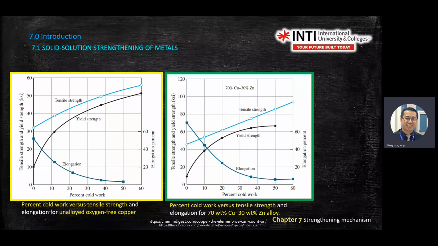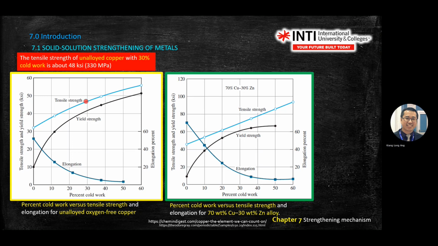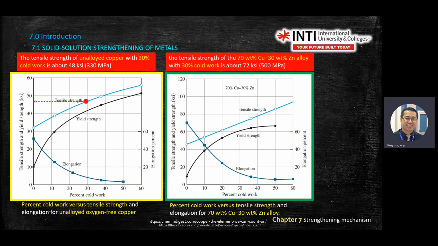Okay, before the break, we stopped at these two graphs. As you can see, for a pure metal, for example copper, there's a change of properties if you add in 30% of zinc. This is just an illustration. Look at the tensile strength of pure copper. At 30%, if you extend the cold work up, move to the left, you get about,